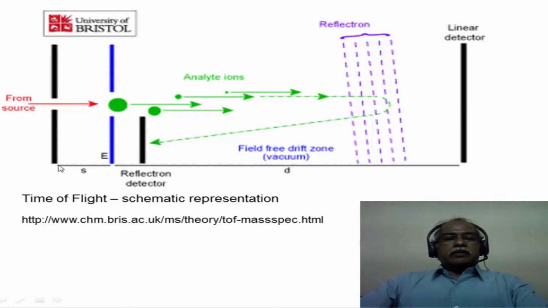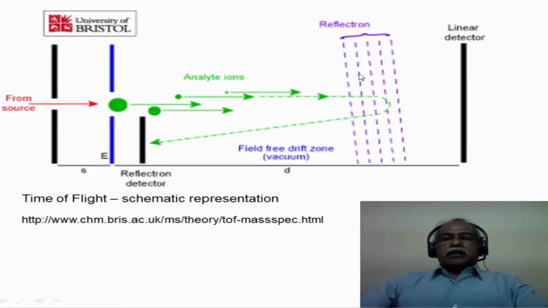So here is a source of ions, which is produced by shooting the laser onto the matrix, and the samples get ionized and get into the gas phase. And you can see here, this is the field free drifting zone, which is the time of flight tube. The lighter ions travel faster because they have the same kinetic energy but the mass to charge ratio is small, so they move faster compared to heavier ions, which, although they have the same kinetic energy, because of the mass have a lower velocity, and as a result they do not move fast in this field free zone. If there is no reflectron, essentially they will go to a linear detector and get detected, and under this condition maybe a low resolution spectrum can be obtained.